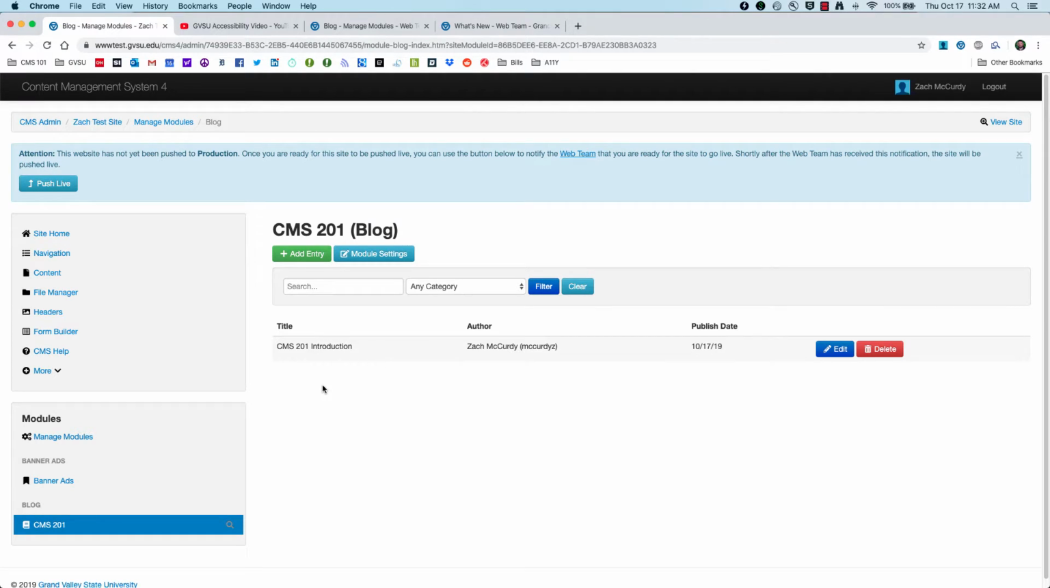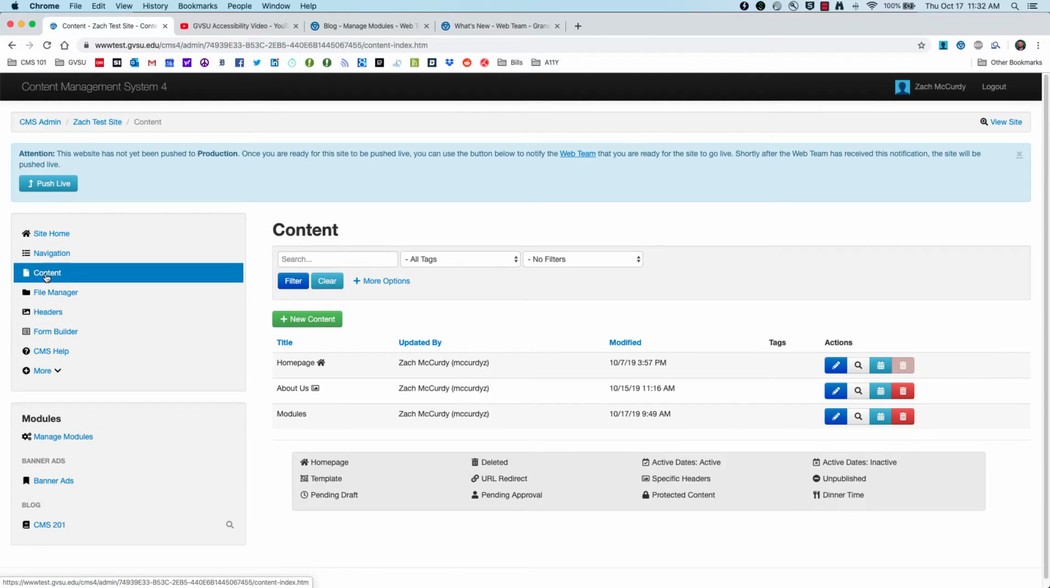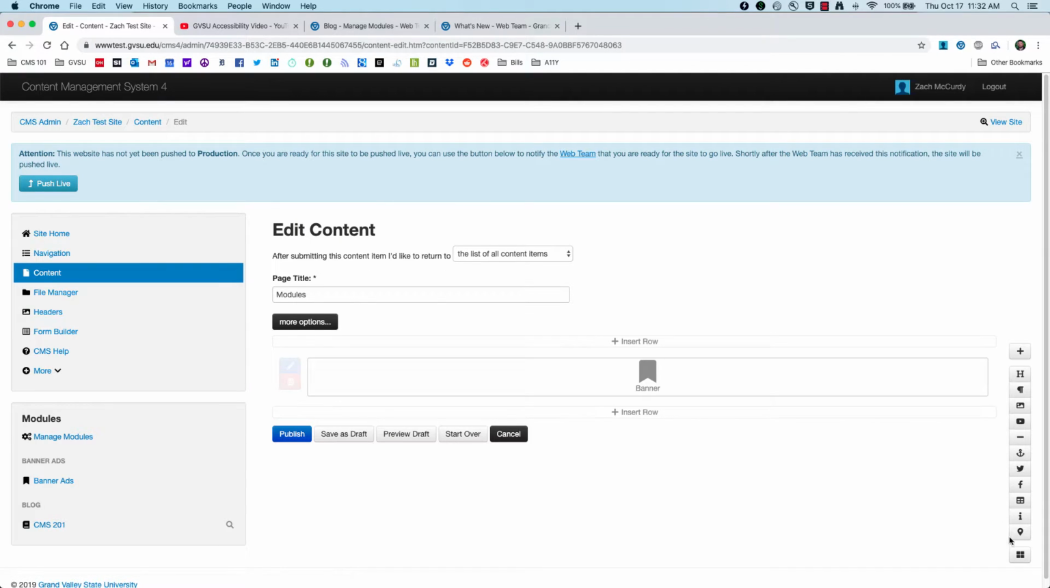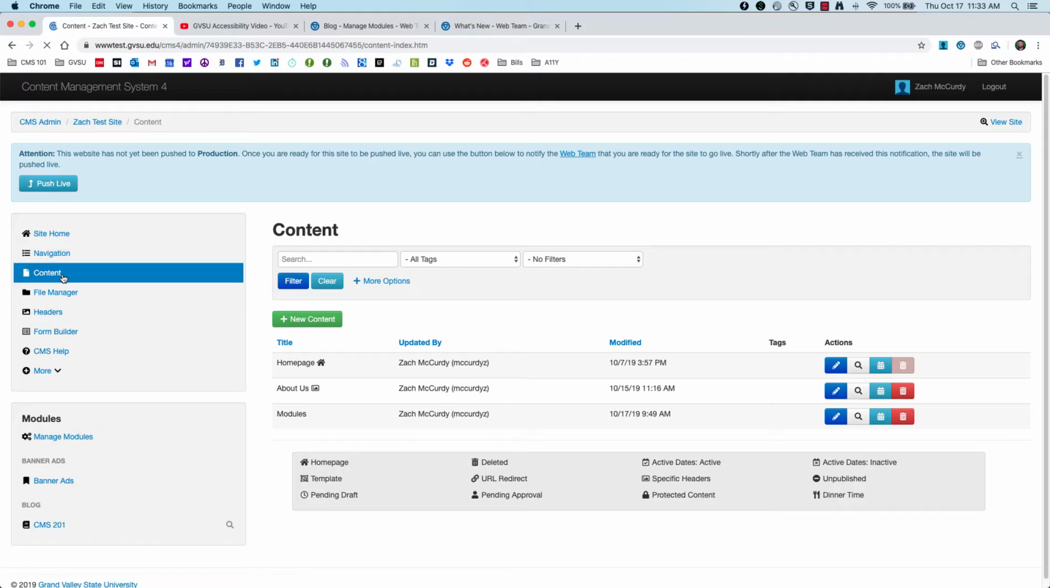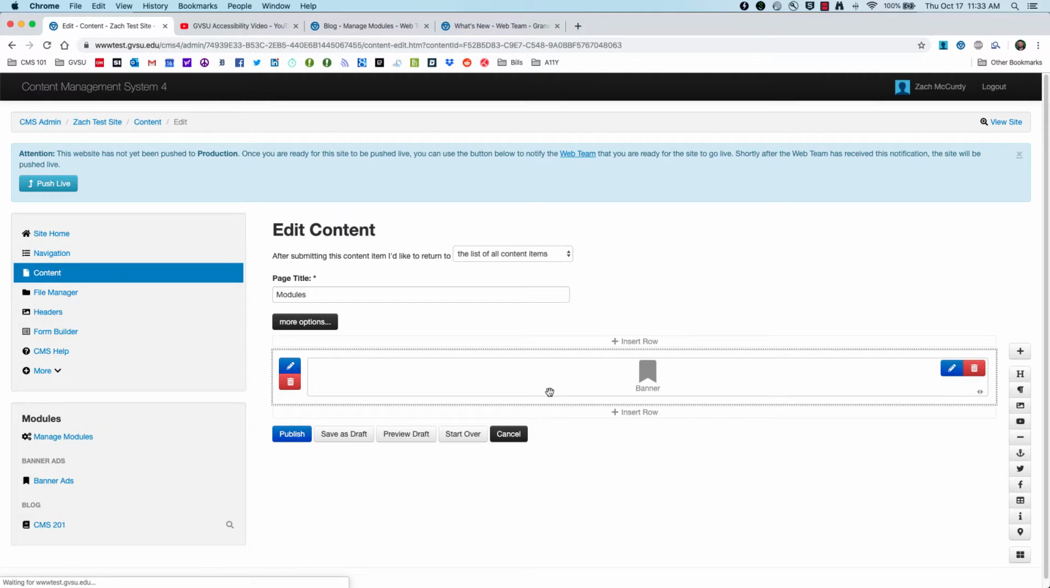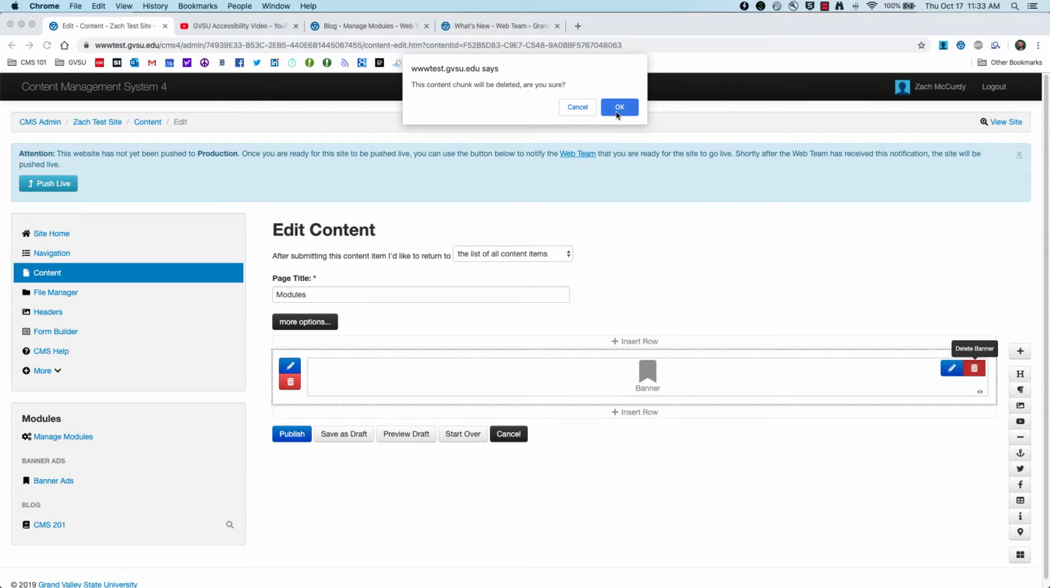So this is a little bit different than what you would see with your typical module, where, as you remember with the other ones, you would be able to click on it and drag it. Instead, with the blog module, it creates its own page and you have to link to that page. So what I mean by that is if I go to one of the pages that we've created,